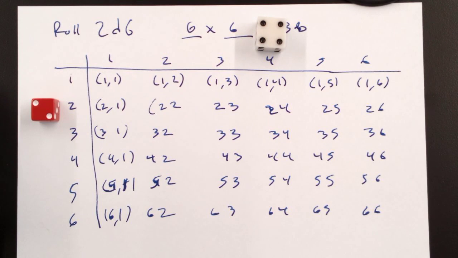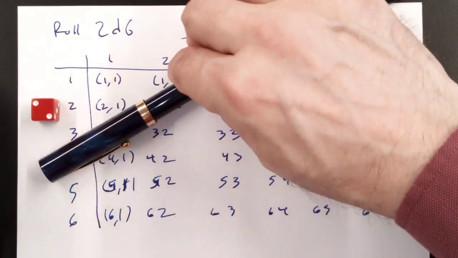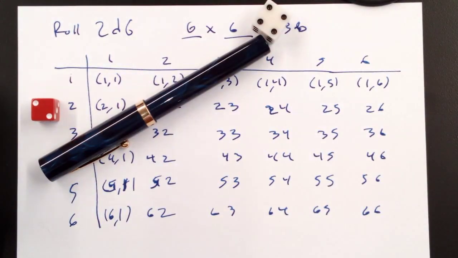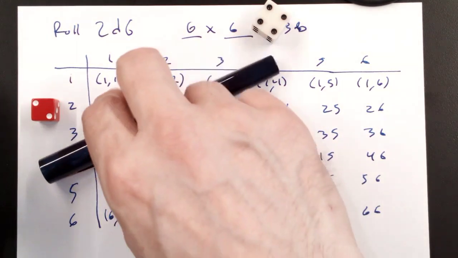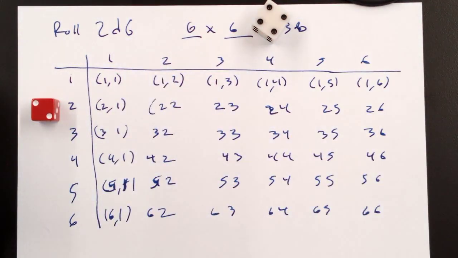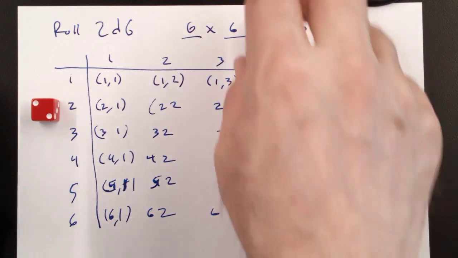Now, what I can think of is now any question involving these dice. What's the chance I roll a roll whose sum is 3? How many ways can I roll a total of 3? Well, that's these two options right here, isn't it? My event is that the spots add up to 3. That's a subset of these outcomes, not an individual outcome. What's the chance I roll a total of 7?